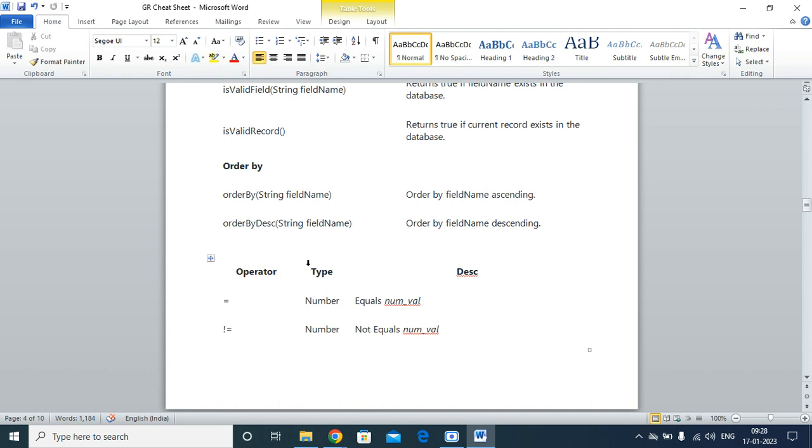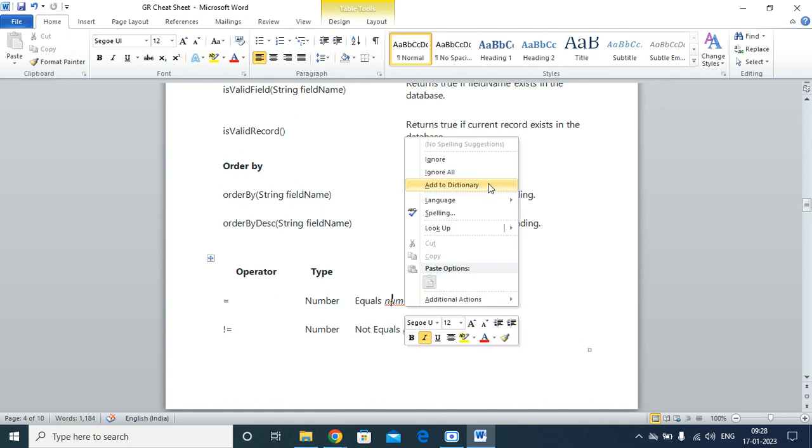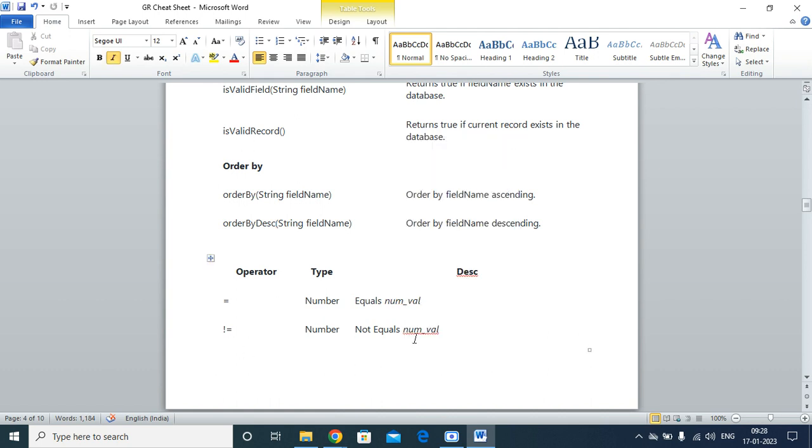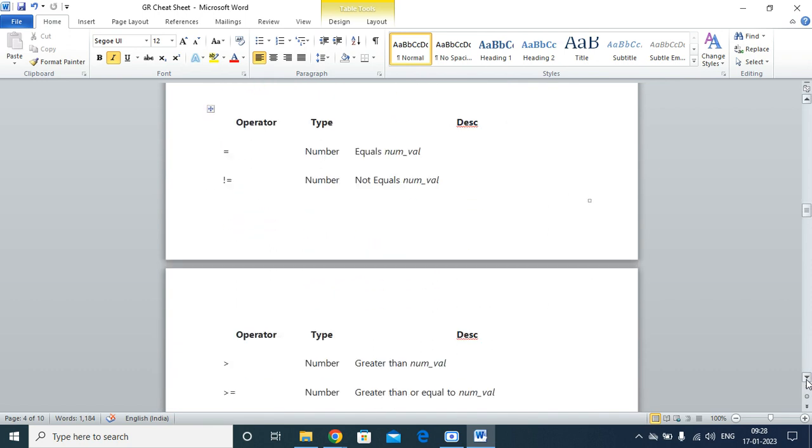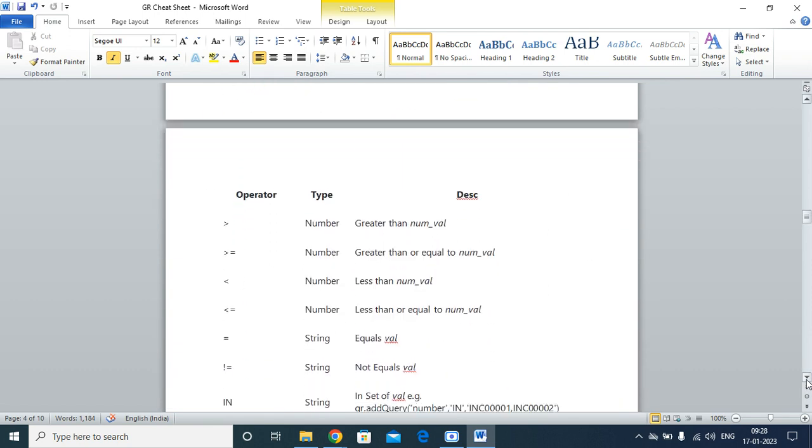So now operators. What are the operators? Operators are equal to, for numeric values whether it is equal; not equal to, if the value we have given is not equal; greater than, greater than or equal to, less than or equal to, not equal to, and